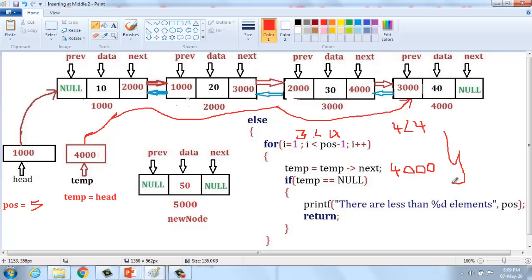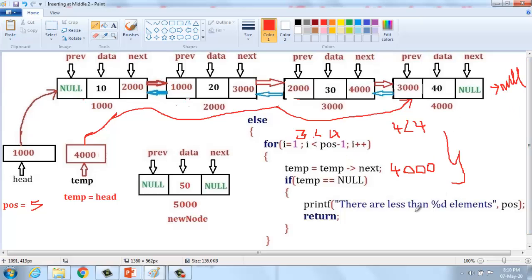Do you understand? Condition fails means the loop body is never executed, and then if temp equal to null. How can I identify this position? The temporary pointer points to which location? This location, that is 4000, which points to the next node in the given linked list. The next node is null.